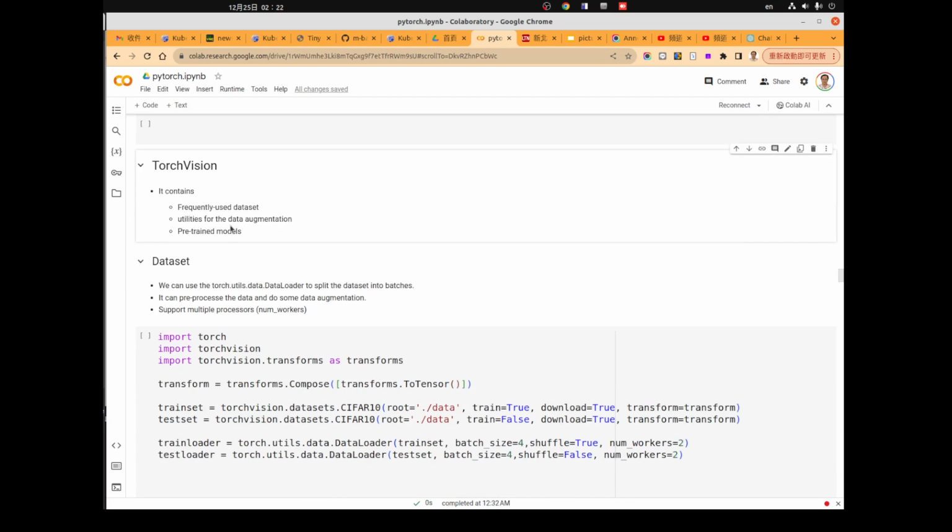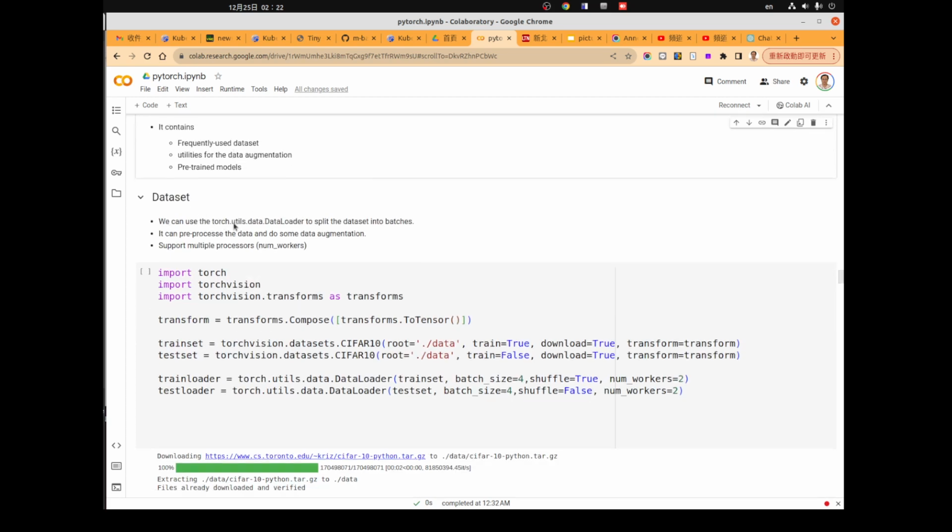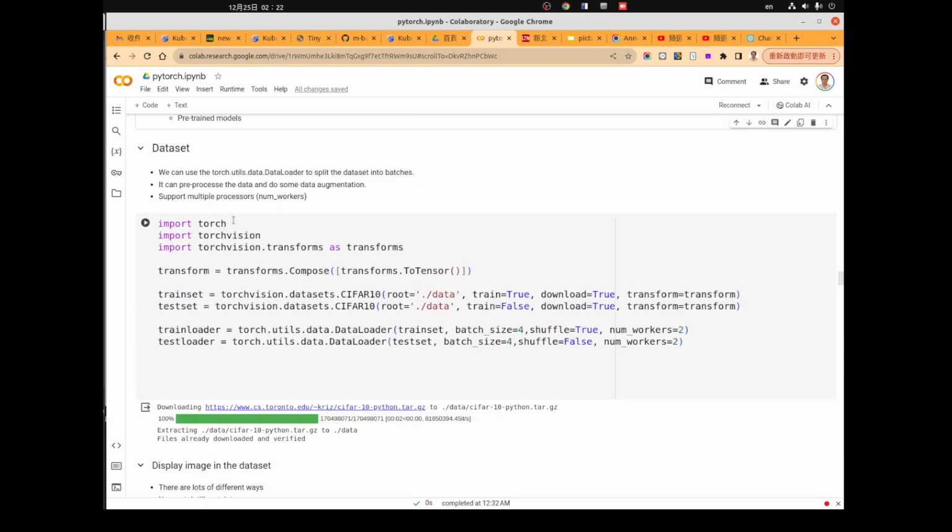Okay, so inside torchvision, we define a lot of datasets. So the next thing we need to discuss is the dataset. This is a function used to get a dataset from the torchvision module. For example, if we want a CIFAR10 dataset, we can just use torchvision.datasets.CIFAR10.